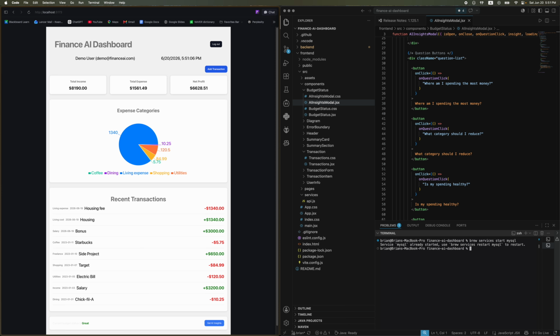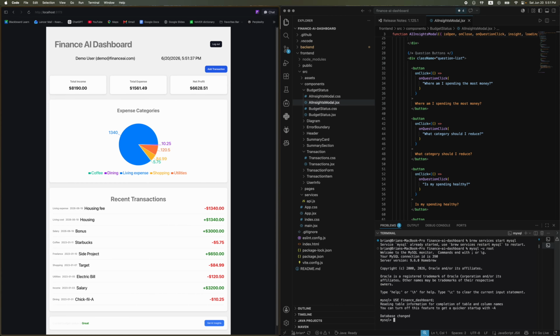And if MySQL is not installed, you need to install it first, and then type mysql root. Okay, this means MySQL has started, and then we type use finance dashboard. Okay, database changed,